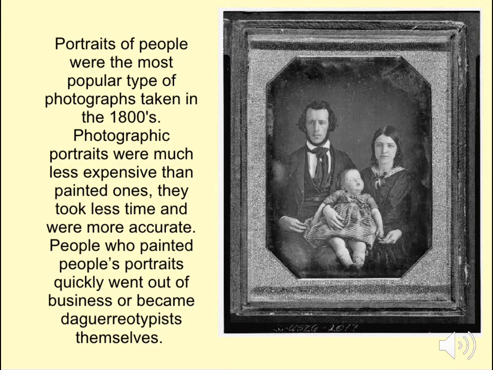So in the 1800s, photographs of people, portraits, were becoming so incredibly popular. They were so much less expensive than getting a picture painted, so it was attractive for the middle class. You can get your portrait taken and not have to pay a fortune for a portrait artist, a painter, to sit there and paint your picture. You can go to one of these portrait studios that were popping up everywhere, pay an amount, sit down, and get a picture taken of your family.